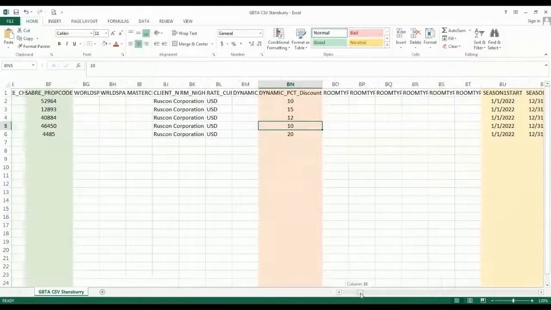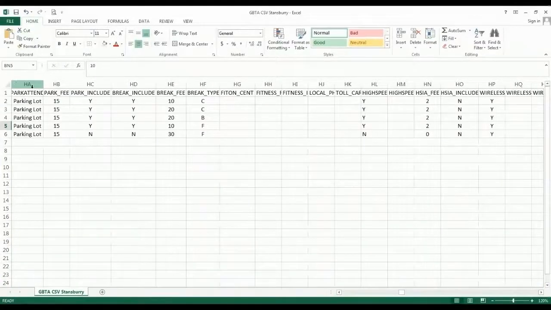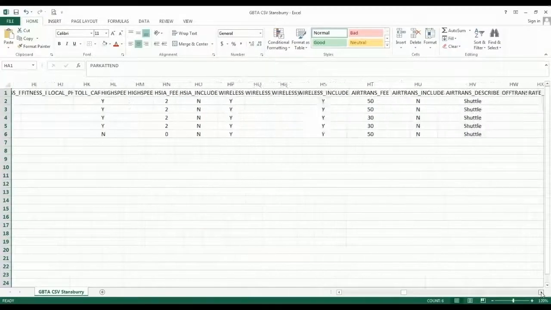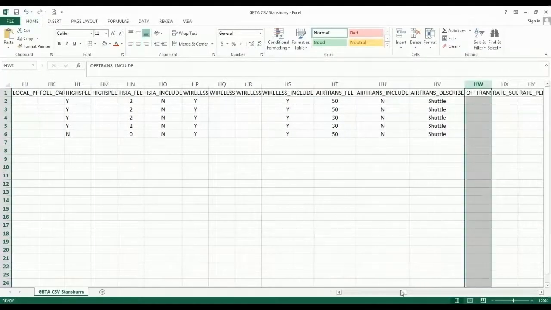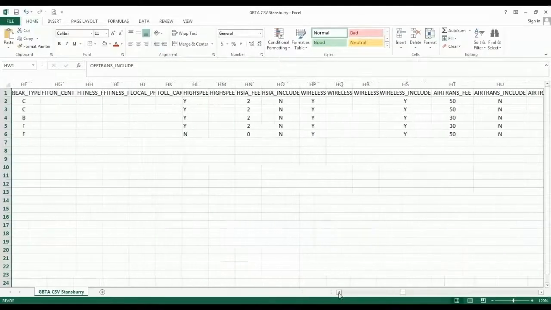And last but not the least, the amenities columns, which go from column HA to HW. Now, it's up to you whether you fill this out, that's fine.